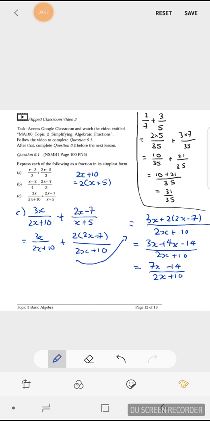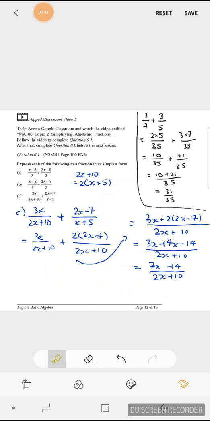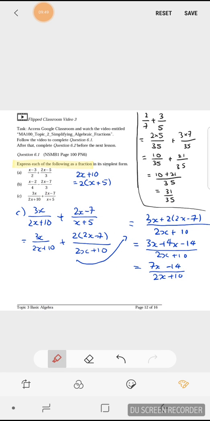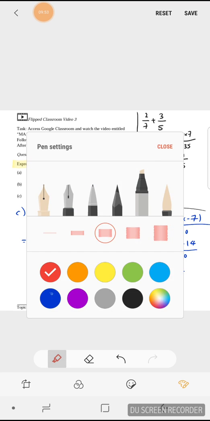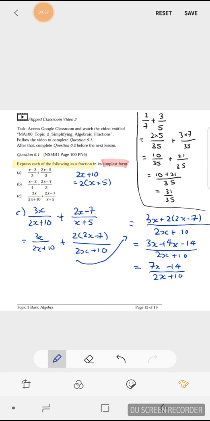Now if you stop here, this is not complete, because in this question, you are not just supposed to express the following as a fraction, but there's an important part, which is simplest form. So what happens is this. Once you're done with this, you take a look. This is 7x minus 14. Do you realize you can actually factorize out